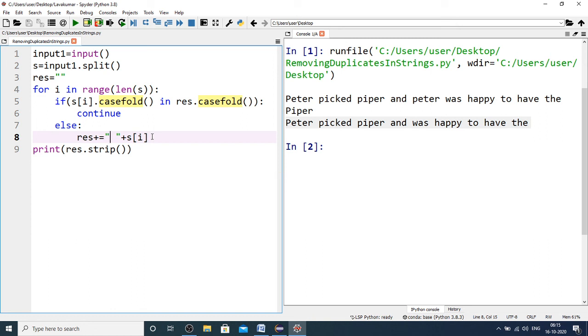So like in Java how we have the trim method, here in Python we have this strip method. So the purpose is same, only the name is different. So strip will be removing the leading and trailing spaces. So using this I am removing the beginning space that I am adding here. So I hope this problem is understood.